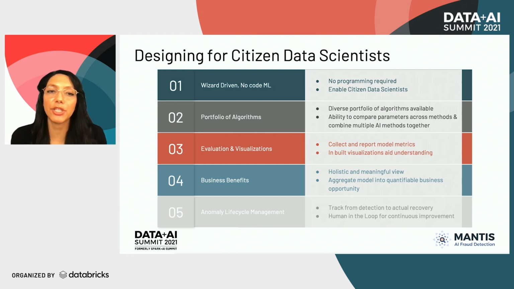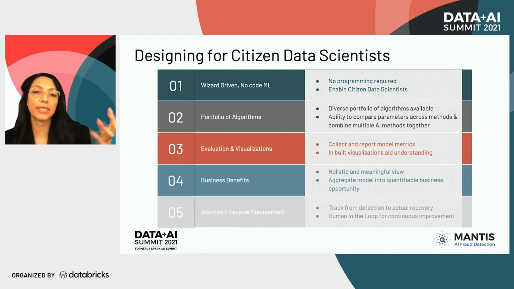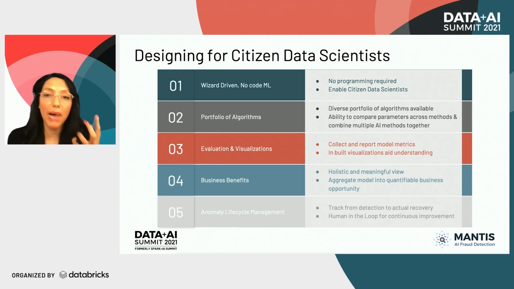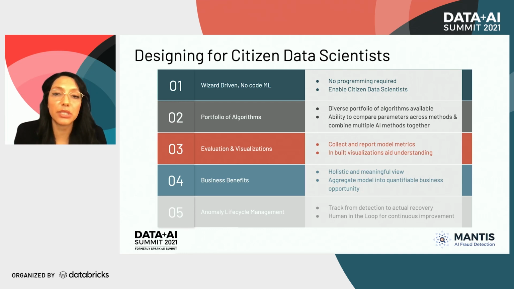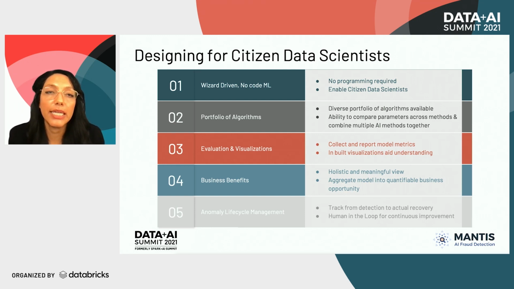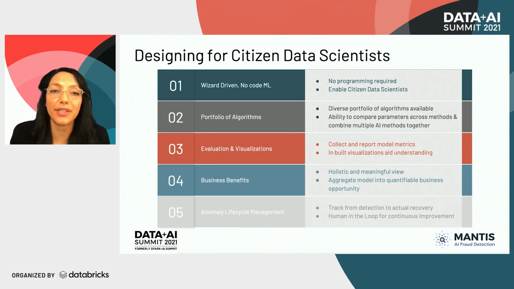And then finally, as we mentioned, supporting the whole life cycle. So from the data scientist having this task to identify anomalies, building those models, combining them, quantifying the benefit, identifying those transactions to the business, and then confirming them as business fraud via the business user, who will then be able to take that to get the reclaim or prevent the fraud. You can see how all of this life cycle across the anomaly is going to be embedded in this tool. So now let me dive in and I'll show you each of these points as a visual via the solution.